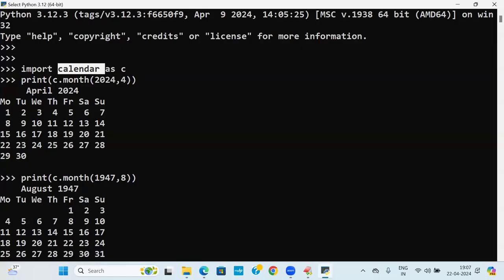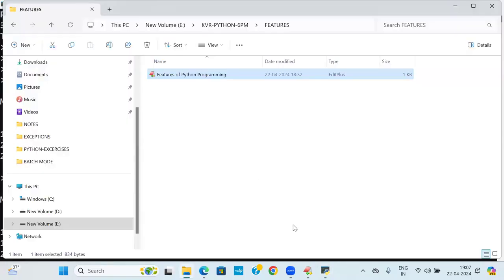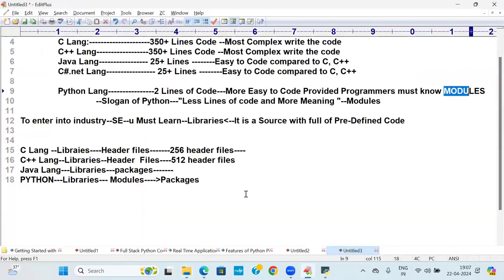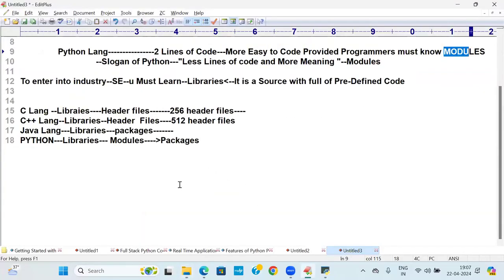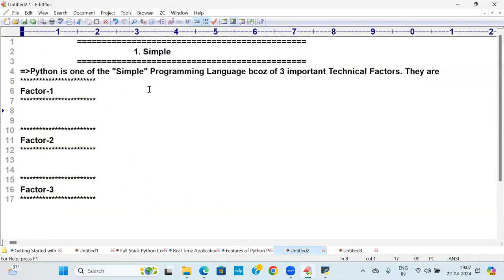So students, now I'm going to give clarity here. Now I'm giving a beautiful clarity here. One more example I'm giving. That point I will write, and I will come back to this place. Python is one of the simple programming languages. Factor number one, I'm writing here: Python programming